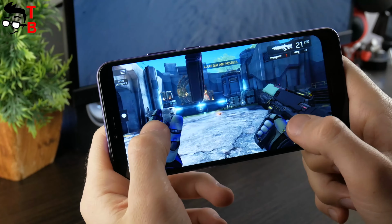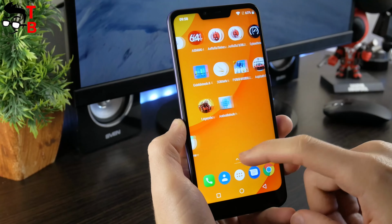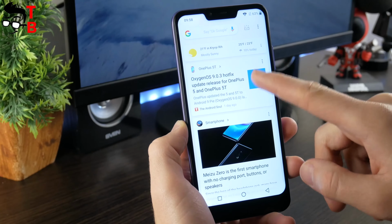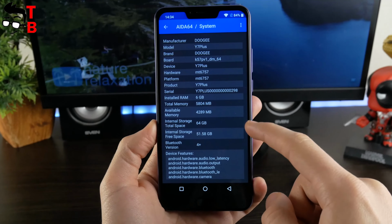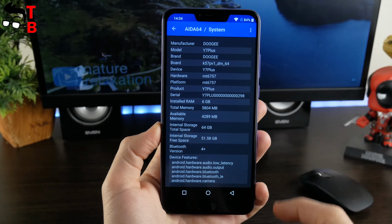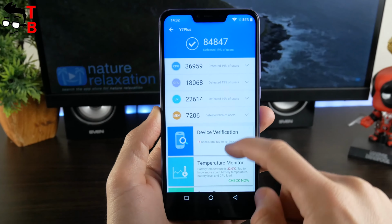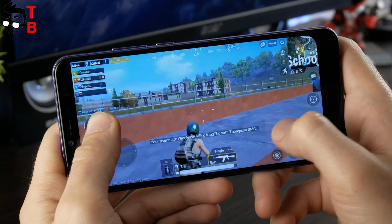So it was performance test of Doogee Y7 Plus. The smartphone has many interesting features, about which we had talked in the previous video. Performance is one of them. The phone has octa-core chipset Helio P25, 6 GB of RAM and 64 GB of storage. It shows pretty good results in benchmarks and it runs all the games very well. I don't have any cavils to this phone, especially considering its price